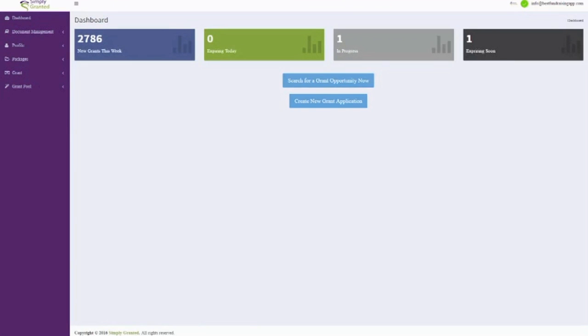Let's go ahead and get started with this dashboard. Across the top when you first log in, these are icons indicating the system status. This first one over here shows you how many grants have been added in the system within the past 24 hours. Every day that you log in, you're going to see that the grants are increasing. The second metric over here